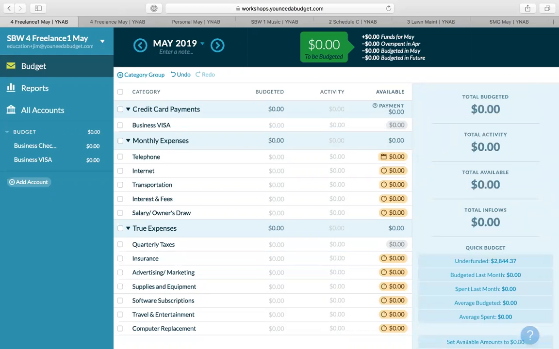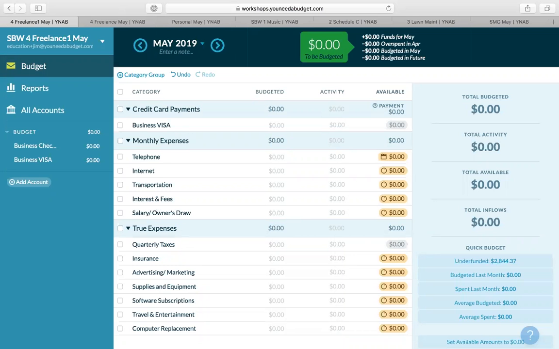Okay, so you can create a whole template for your business budget by adding goals to all of your categories. And then you can easily plan ahead for the required income needed, and it simplifies budgeting when money does arrive. You'll see over here in the quick budget section this underfunded, which reflects the total amount of all those goals that still need dollars. So it gives me a good idea what I need in order to fund all those goals that I've created. But let's walk through what things might look like day to day, okay?